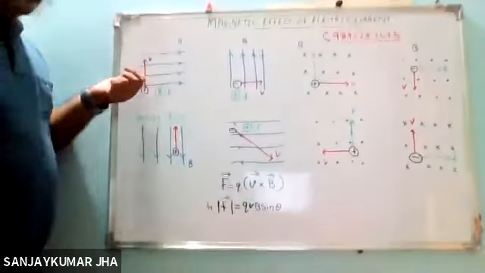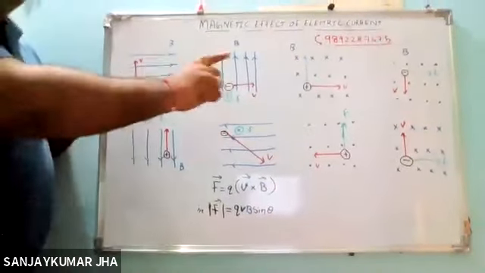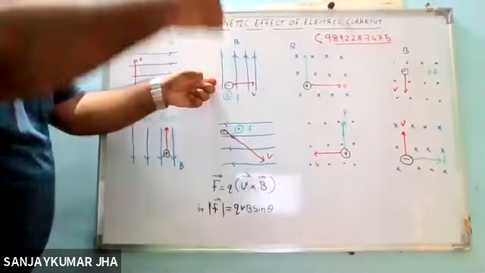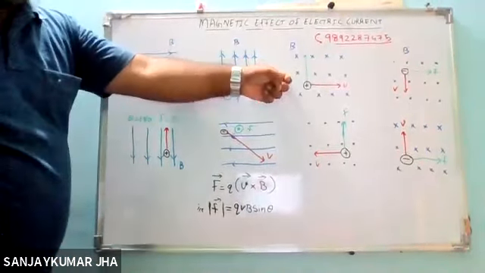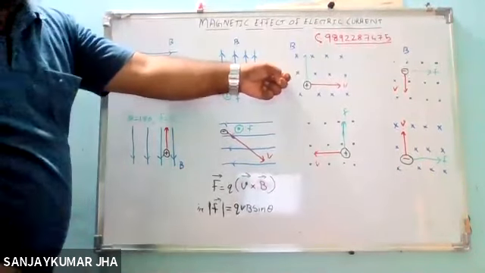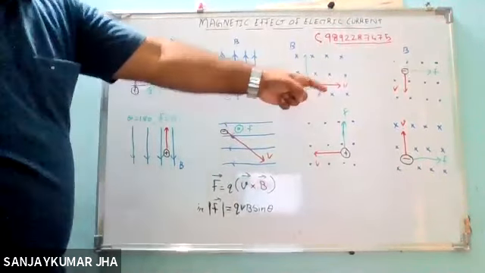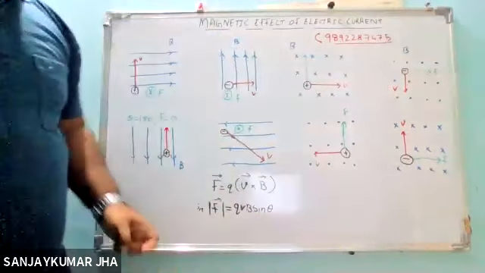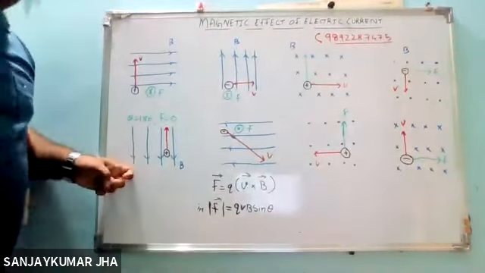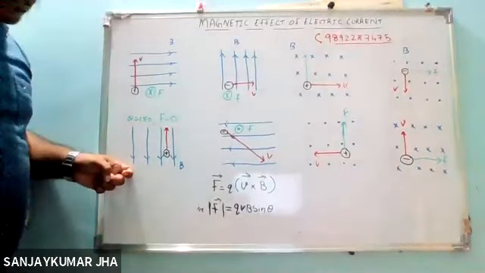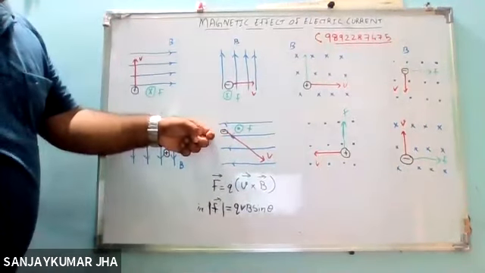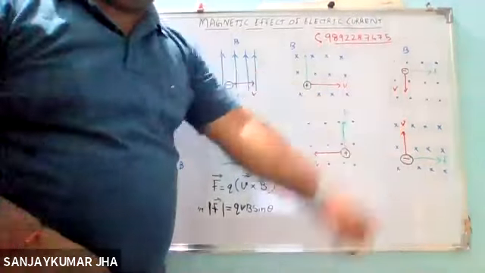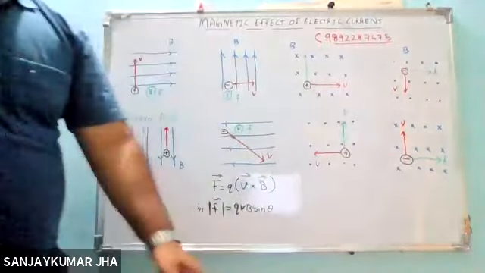See, this is the magnetic field in the positive x-axis. This is the magnetic field in the positive y-axis. This is a cross, that means it is perpendicular to the plane in the inward direction. This is a dot, that means perpendicular to the plane in the outward direction. This is in the negative y direction, in this way. This is along the negative x-axis. This is again a dot, and this is again a cross. Okay, now let us proceed.